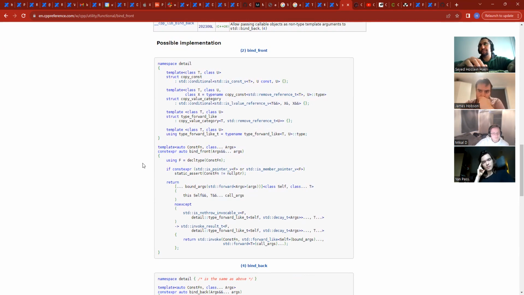So if you have a variadic function and you want to do the bind front, then you can't do it. But if you have a function of a high, fixed arity that you want to pass, someone's coming in. If you want to have a fixed arity of